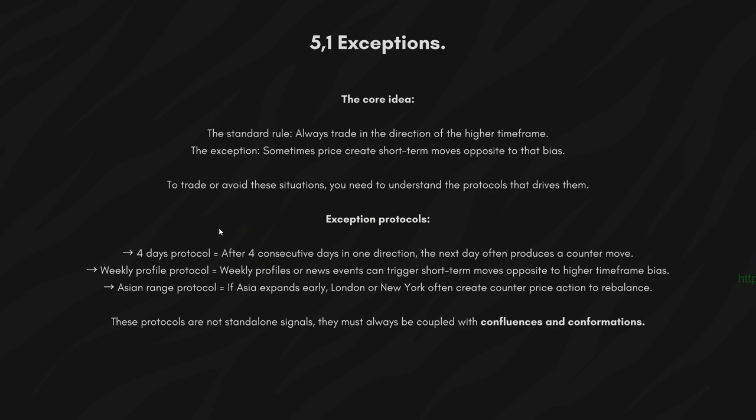An example of this would be, let's say the Asian session forms an expansion in the direction of the higher time frame drawn liquidity early during the day. Then during London Open, London basically forms a retracement profile and retraces, and then during New York, after we've formed the OTE, New York expands higher in the direction of the higher time frame drawn liquidity. So in this exception protocol scenario, you would have avoided the London session because,